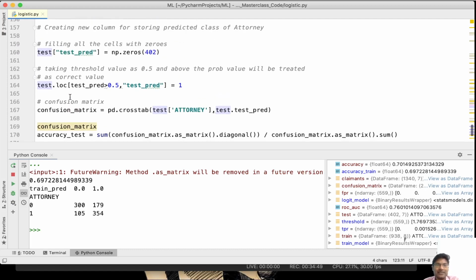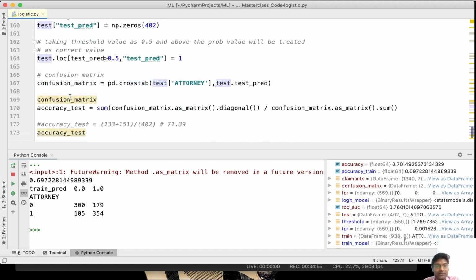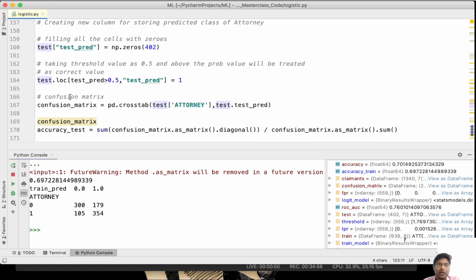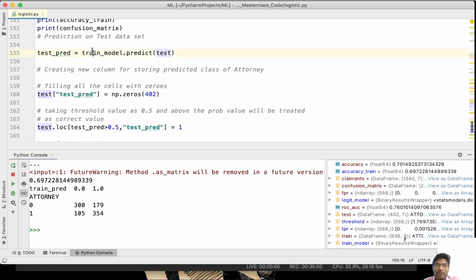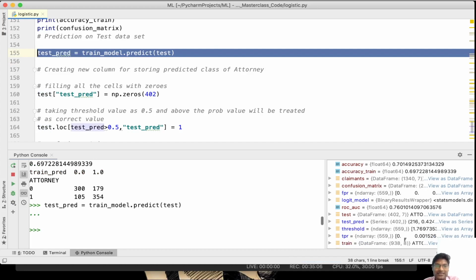That is the reason we have split certain amount of rows and columns into a test data frame and kept it separately. Now I am going to make use of my trained model on top of unknown data, to predict for unknown data.